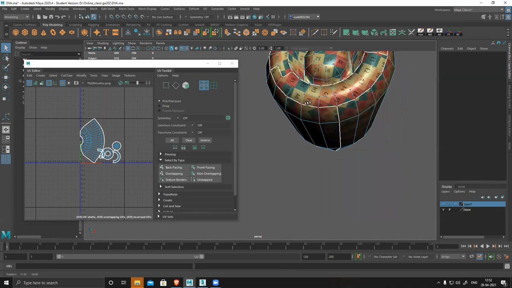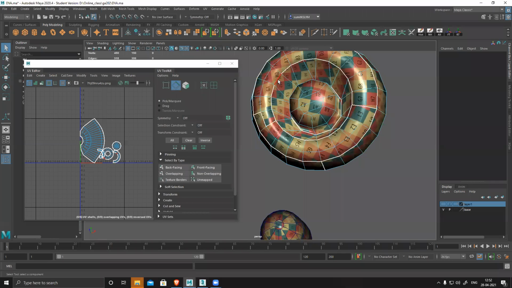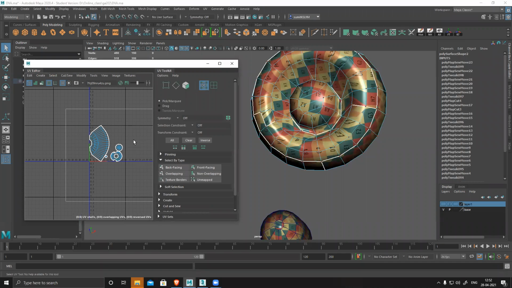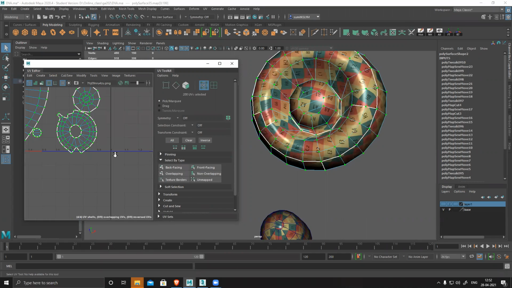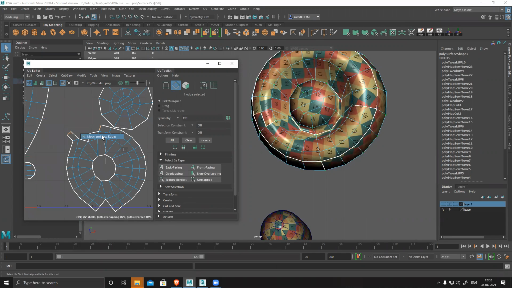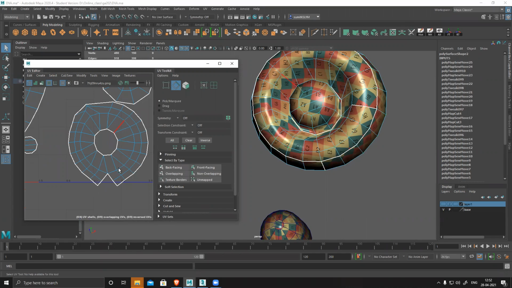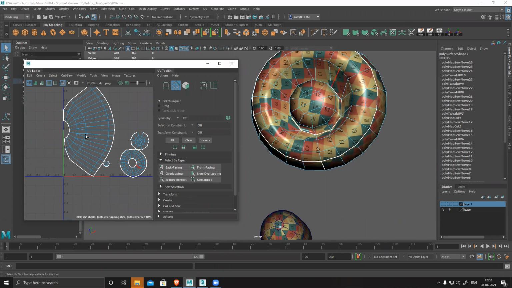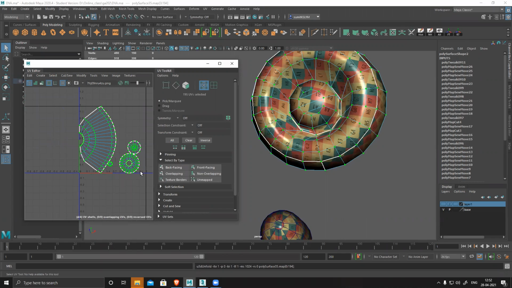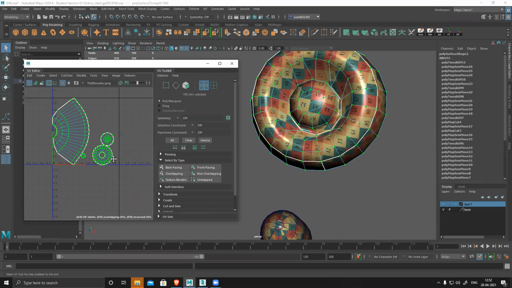This inside section, I can keep these two together. Done.